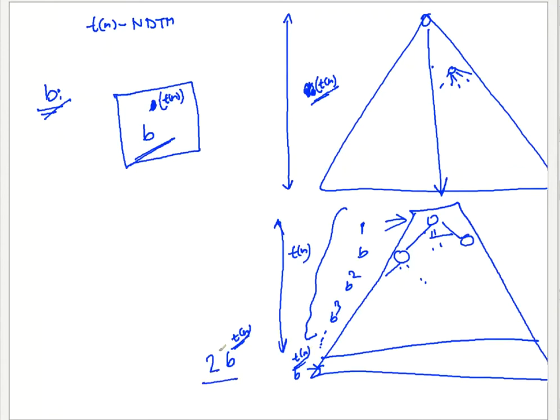But again, we are taking the order, so we can ignore that. So we can say that the number of configurations is bounded by b to the power Tn. So that many configuration nodes will exist in this tree. This is the maximum number of possible addresses that you're going to process.